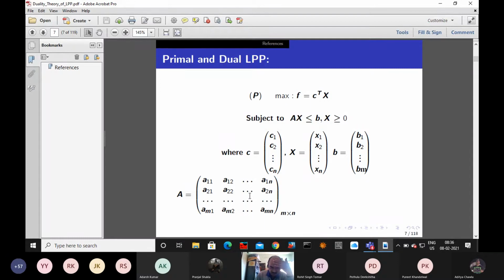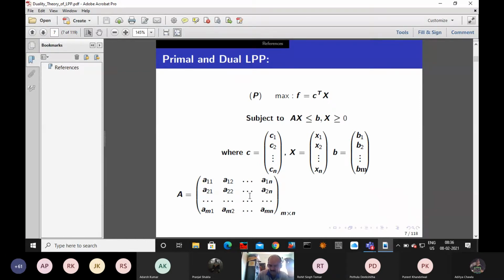Of course, in future we will have linear programming problems where the parameters are random variables. So they are not simply real numbers, they are random variables. Random means sometimes they vary in an interval. Sometimes they are discrete random variables, sometimes continuous, depending on the distribution they follow. Okay, so this is a linear programming model.